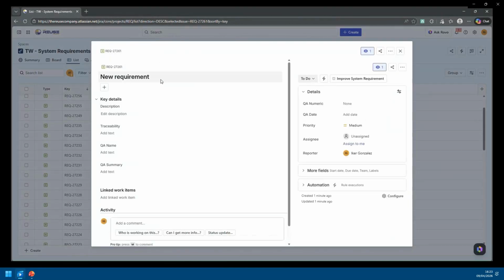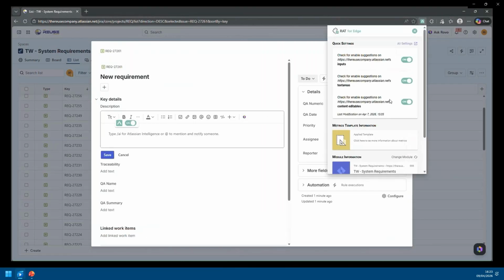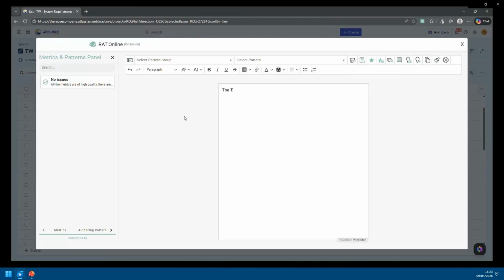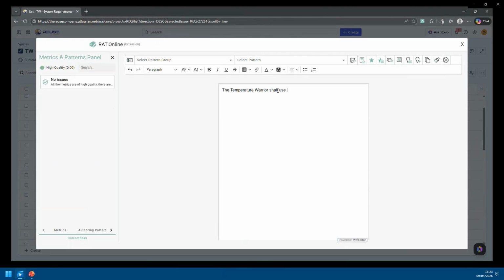Now, in a couple of seconds, I will use this plugin to edit the description of my requirement, and in this way, I will be able to use a live quality assessment of the statement that I'm writing. So in this case, I start writing my requirement, and in the left-hand side panel, I'm able to see why my requirement does not have a high quality. In this case, it is because I still need the verb,